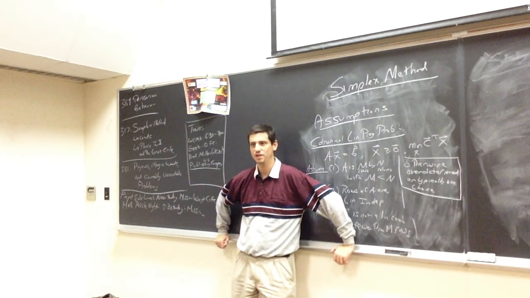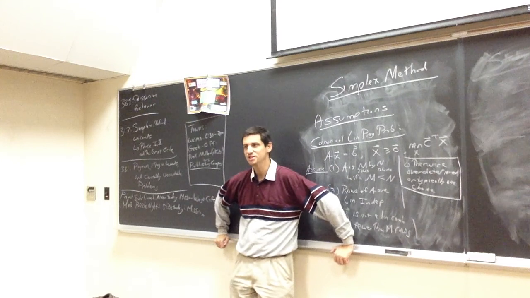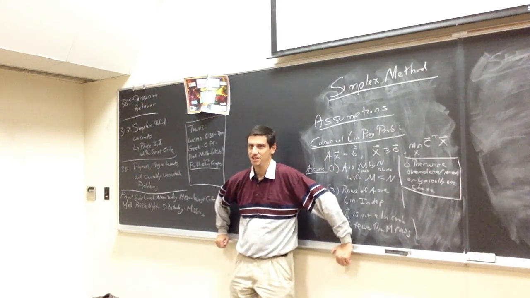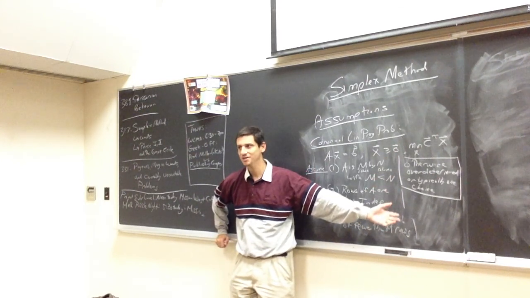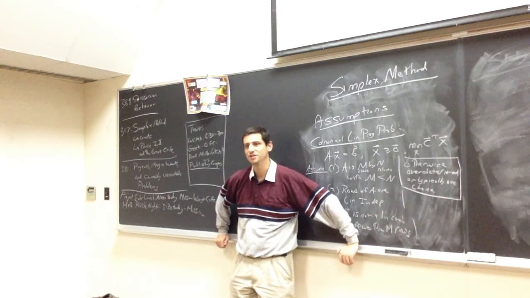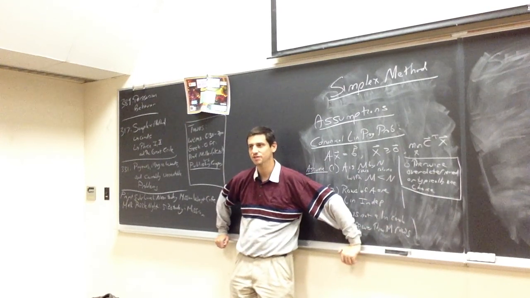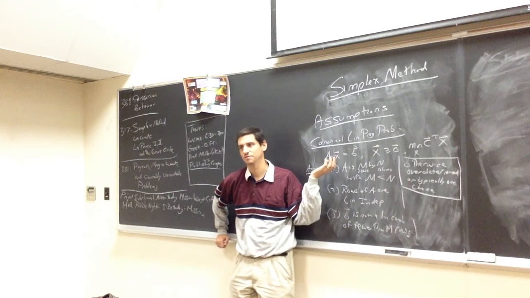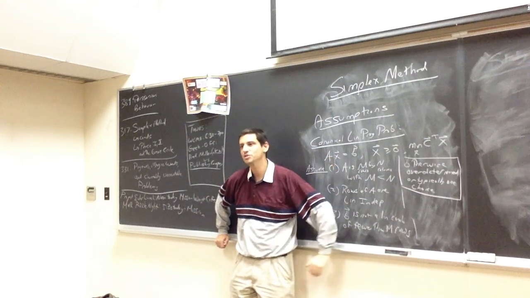Simplest way for the rows of A not to be linearly independent. Yes? Two rows are the same. So if the two rows are the same, you have two options. Either the corresponding B's are the same, or the corresponding B's are different. If the corresponding B's are different, is there going to be any feasible solution? No. So if two rows are the same,